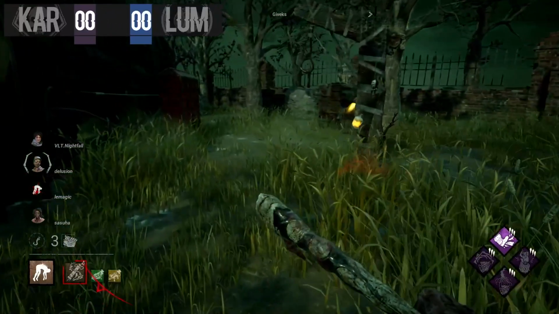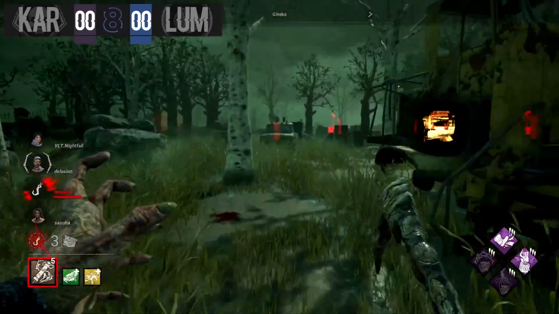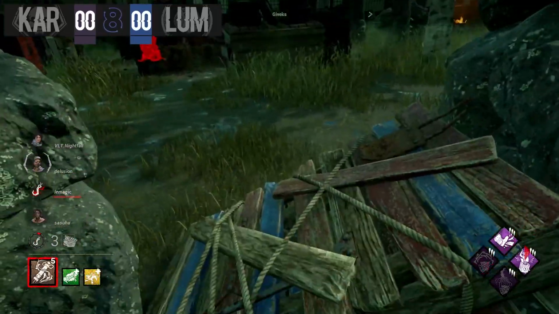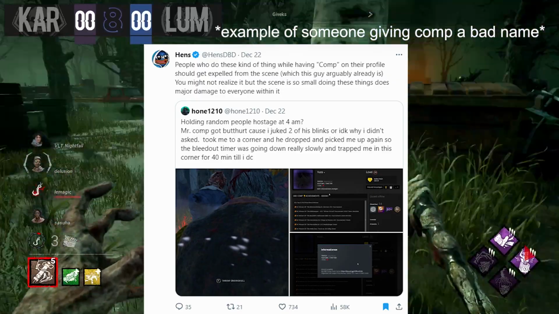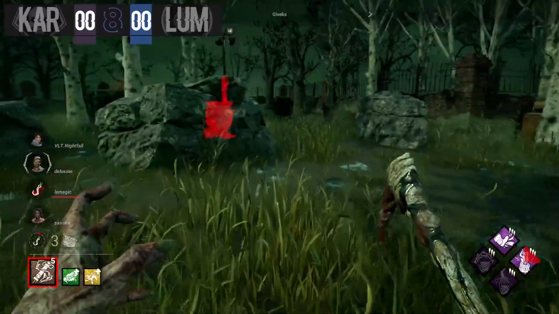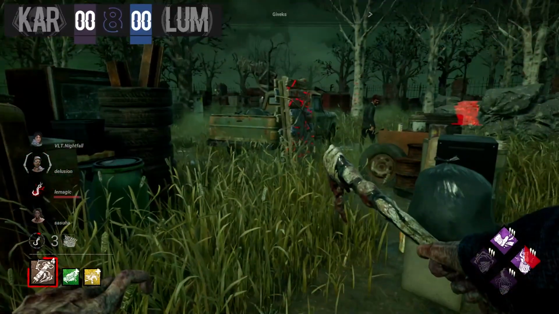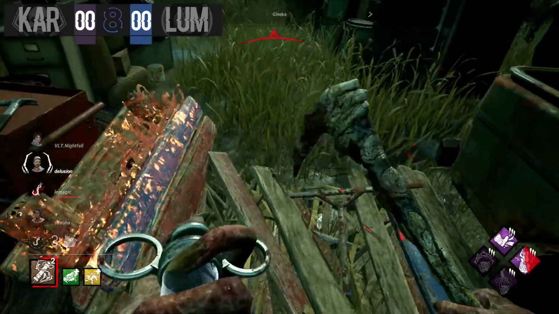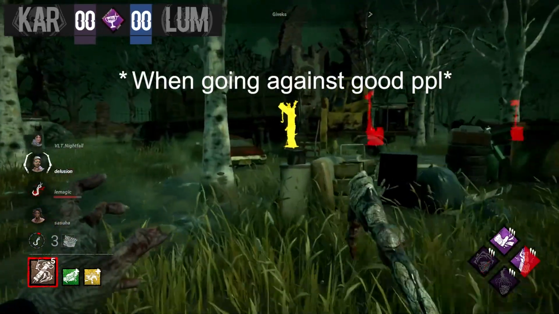And the big problem comes when this is implemented in public lobbies, when you're playing against more casual players, and then the more casual players get frustrated because of the way you play. Now, I think we're throwing too many comp players under the bus here. I get it, losing is not fun, but there will always be people trying to win in the video game. That's kind of the point. And it's maybe more of a problem from Behaviour's side, from balancing the game the way they have done. So that killers have to slug, tunnel, and do these kind of unfun strategies to win.